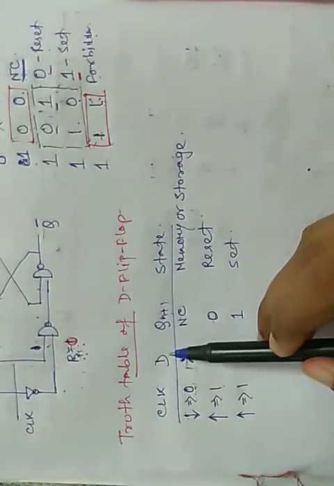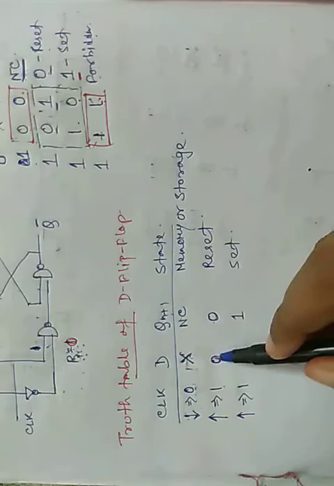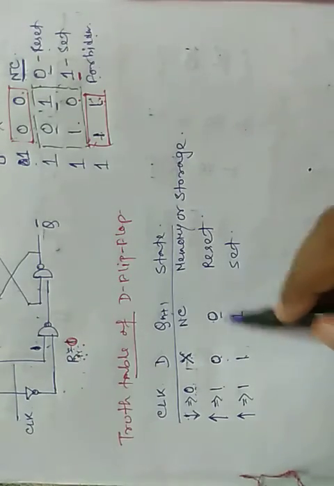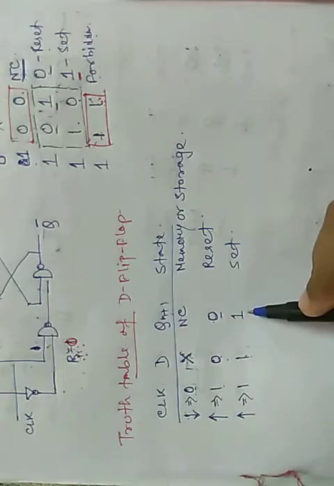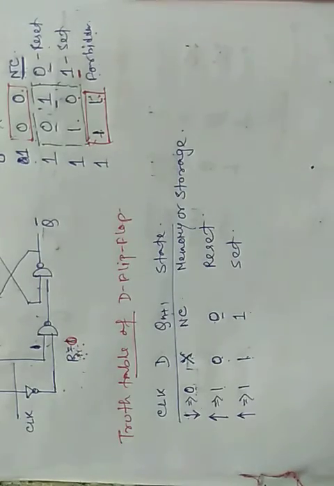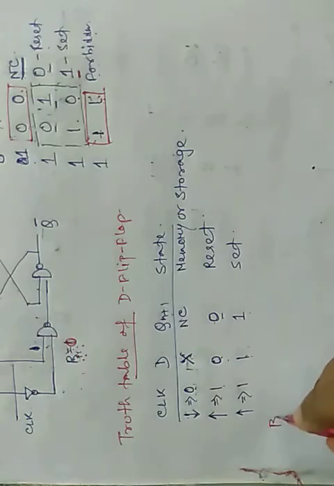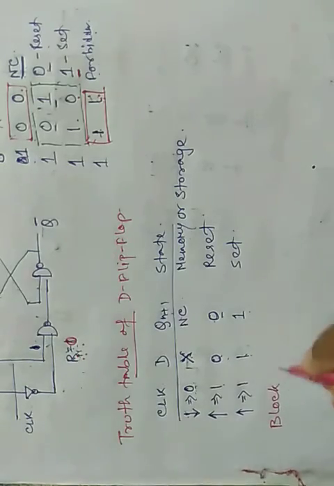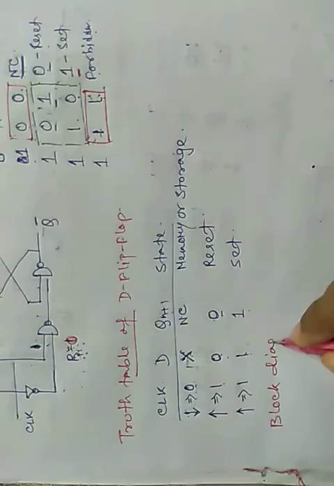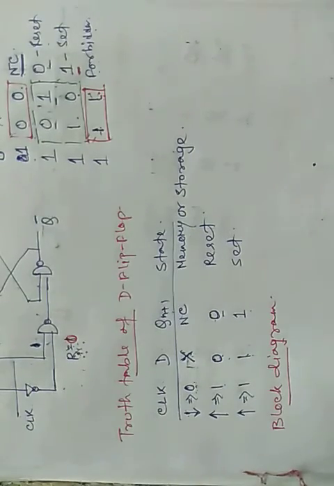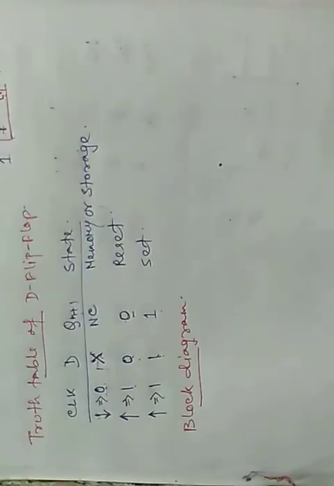Okay, so for a single input line there must be two conditions. When D is 0, the next state will be 0. When D is 1, the next state will be 1. Now let us draw the block diagram. Block diagram means